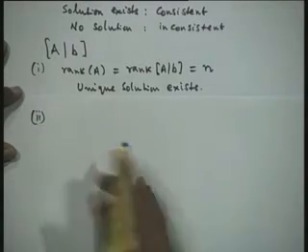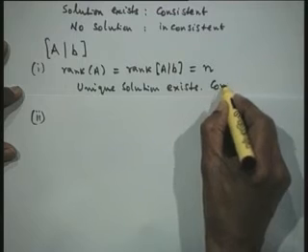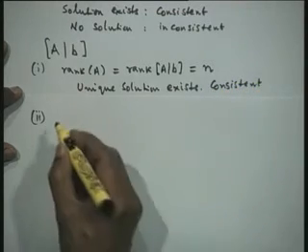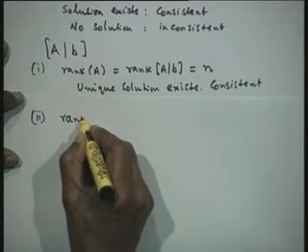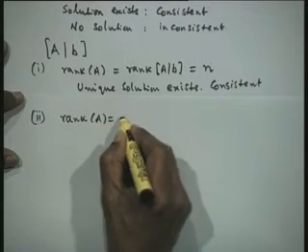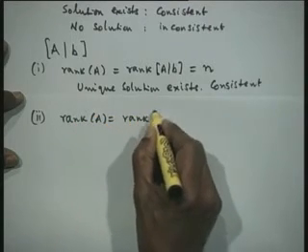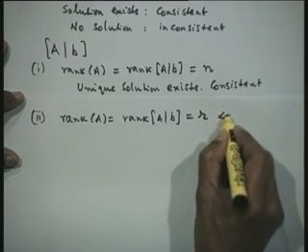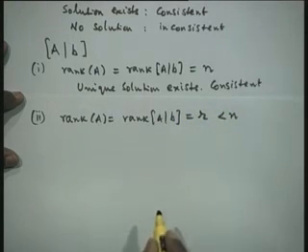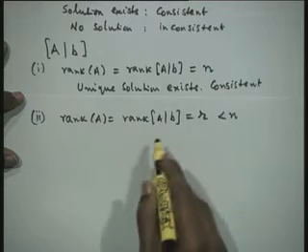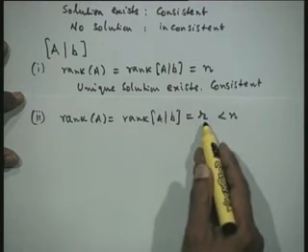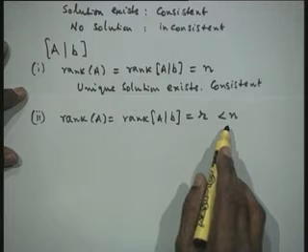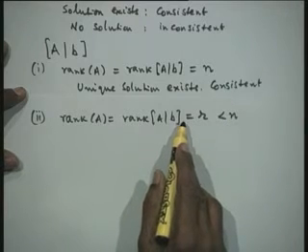So, unique solution exists means let us also say therefore it is consistent. So, we wanted the definition of consistency. Then let us take that rank of A is equal to rank of AB is equal to some number r but less than n. Rank of A is same as rank of AB, it is r less than n. Then system is consistent, but it has infinite number of solutions.